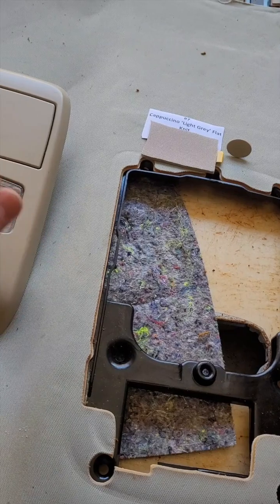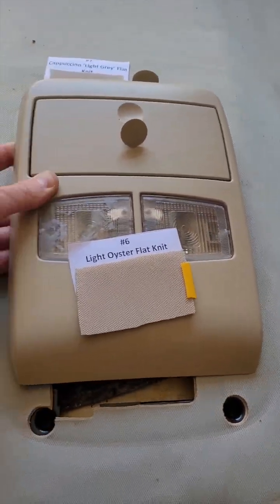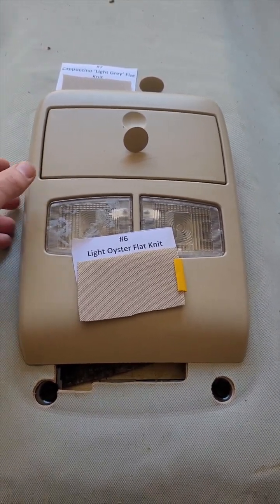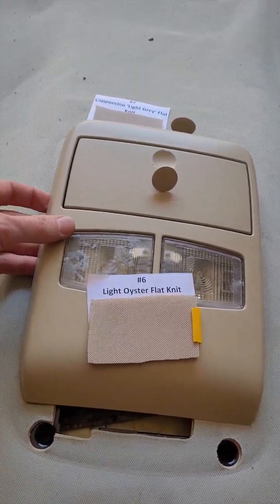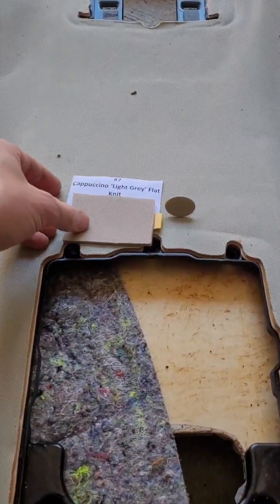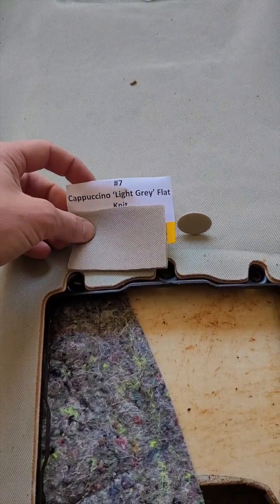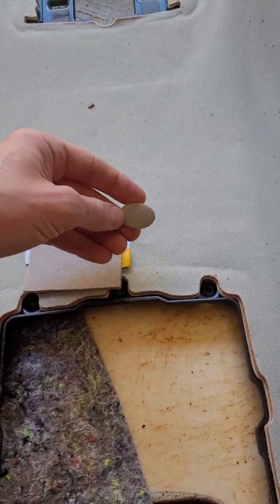Another thing that does change on these is the sunglasses console. So you can't use the same board for the earlier model Ford Territories on the new models because the sunglasses consoles are different. You can see that the earlier ones have a larger cutout, a different backing plate, so there'd be a lot of messing around to actually make that adapt. So the earlier models use the number 7 cappuccino light gray with the little oval plugs,